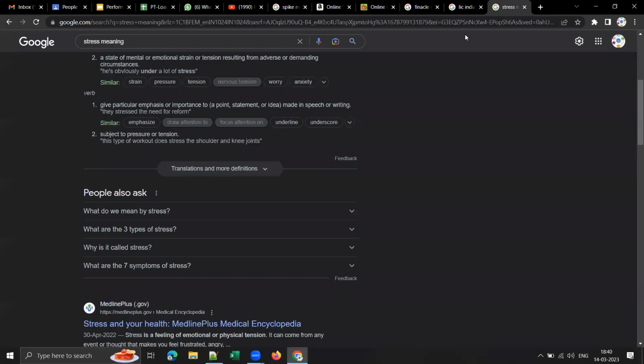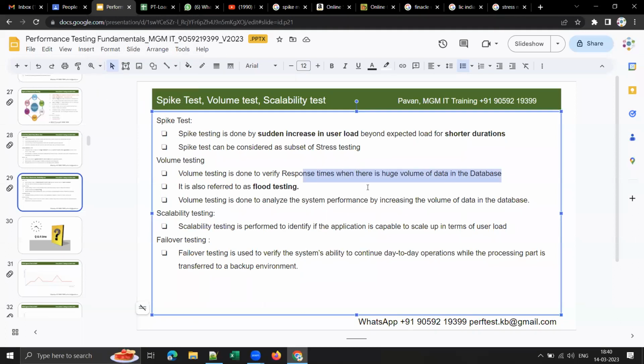In a net banking application too, if you do a fund transfer or a payment, one or two or n number of records will be inserted into the database. Whenever you do a fund transfer, bill payment, loan payment, or credit card payment, multiple tables will be updated and multiple records inserted. So as users use the application, the number of records inserted keeps growing and the volume of data will increase.